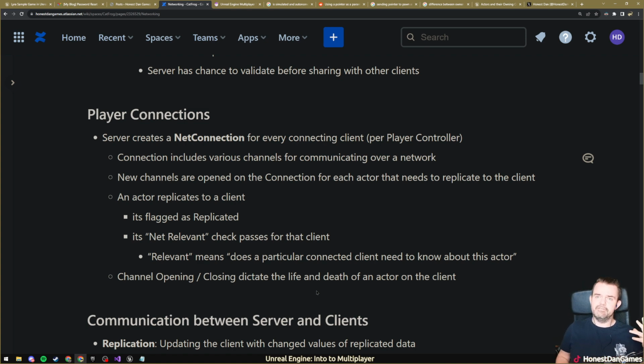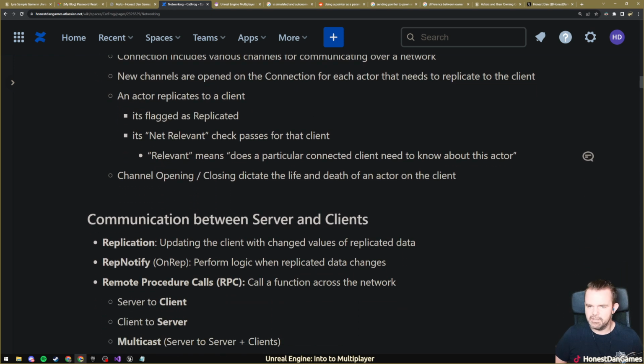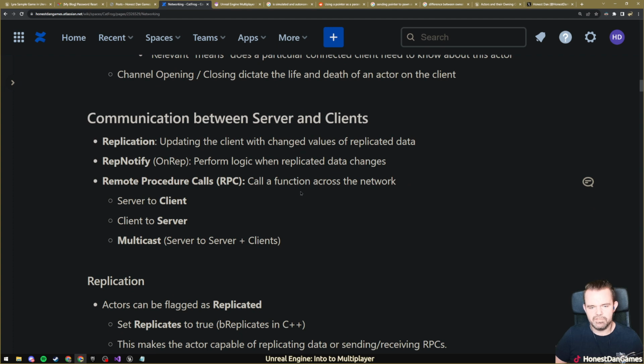And what's interesting here is if we think of it as we open these channels for each actor, when the server opens a channel for an actor, that will be the prompt for the client to spawn that actor. And if the server closes that channel, then that will be the prompt for the client to destroy that actor as well. So the server's kind of having authority over the opening and closing of this channel. That's a bit of a techie look into the back end of it,